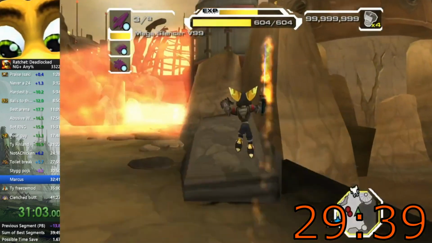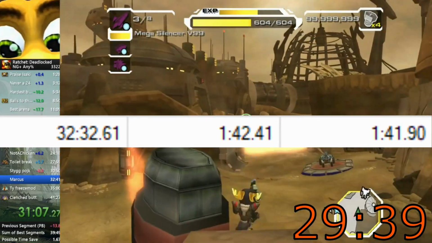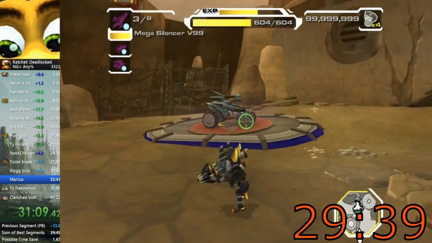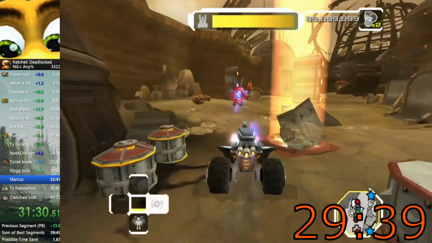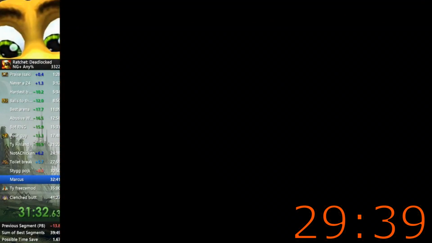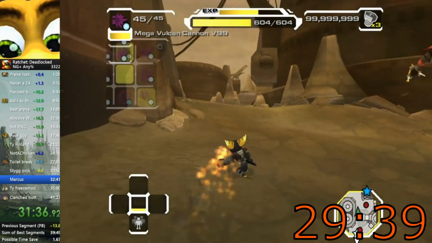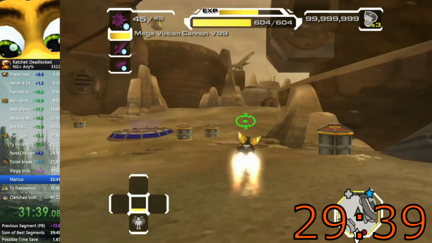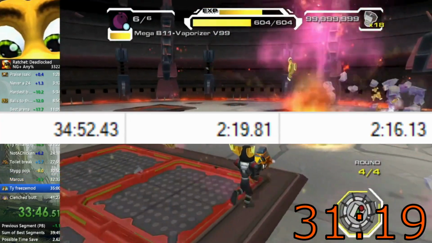On Maraxis, I failed an SI twice on the first challenge, which prevented me from golding this split because of a new strat found by Skits, which was that charge boosts are faster than the Puma. Who would have thunk? So let's add a 140. There is really nothing to mention